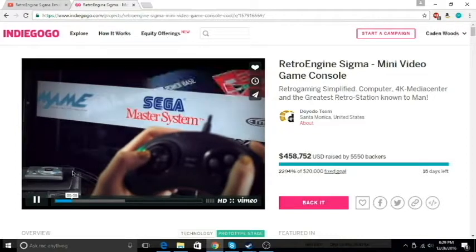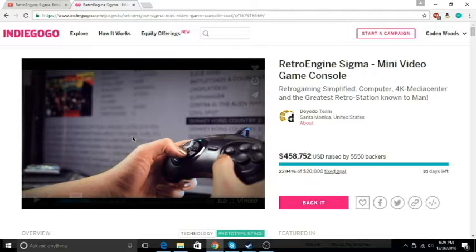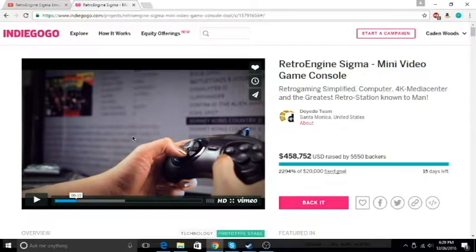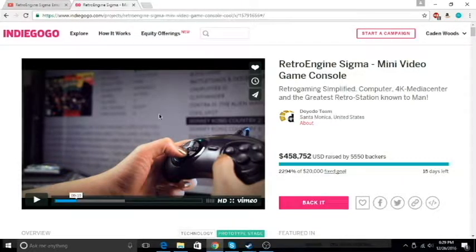Actually, even funnier, I'm looking right over here at my Raspberry Pi. Now you can't see it, but I'm going to pick up my controller and go through. I'm using the exact same thing that they're using. Now I'll put it up on the screen. Literally, it is the exact same graphics and stuff that they have. Nintendo Entertainment System, Mega Drive, everything looks exactly the same,